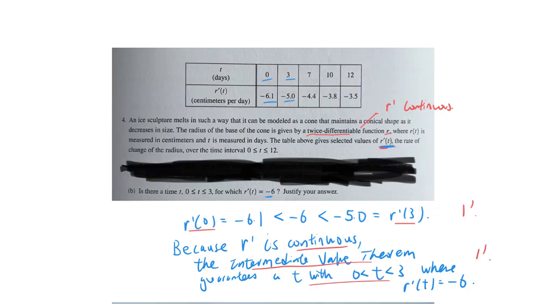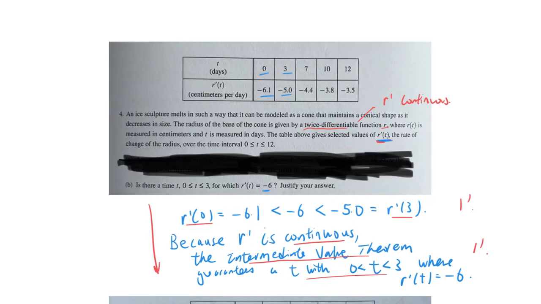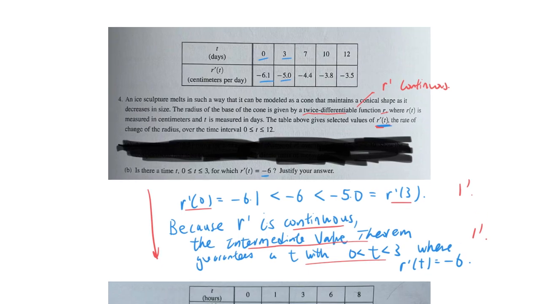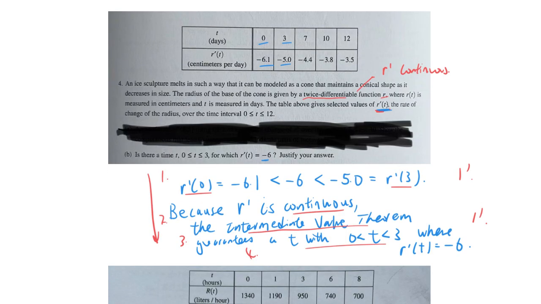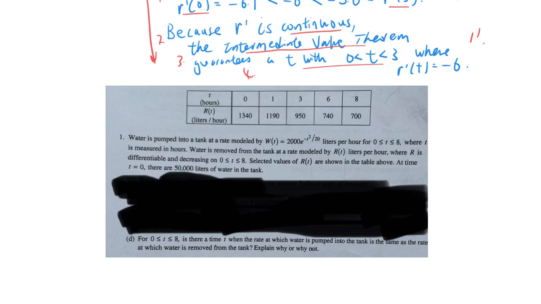you this second point. So notice, even though the mark schemes are different every year, if you follow these steps on all of this type of FRQ, then you would almost certainly earn all the points that are to be given there. So first, you set up a comparison, second, you assert continuity, third, you name the intermediate value theorem, and fourth, you talk about the conclusion. So this is a nice series of steps that you can follow, and we're going to use it again right